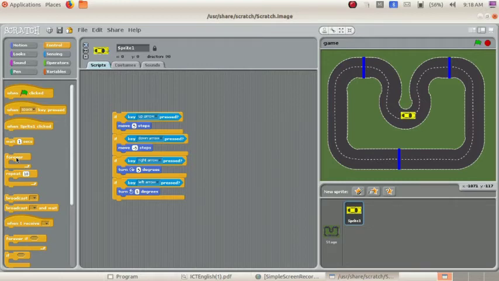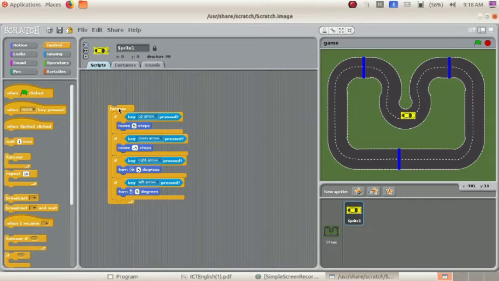In the given example, the sprite moves forward, backward, left and right by clicking on the up arrow, down arrow, left arrow and right arrow, used till the game ends. So we can include this forever block for all the instructions, which means we have to do this activity till the game ends.